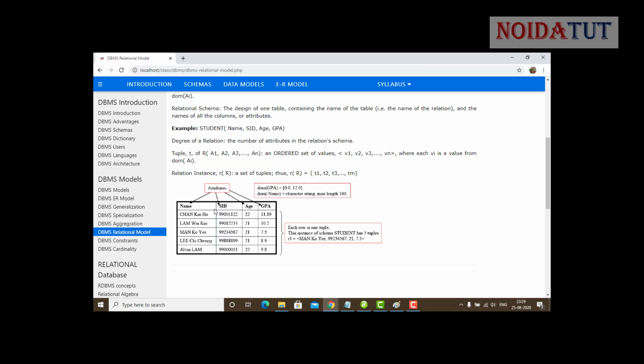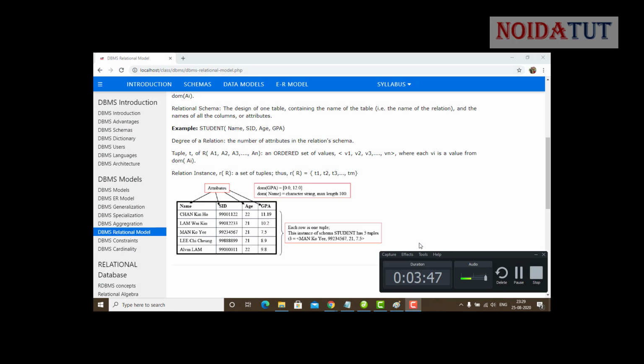So these attributes form a column, and feeding the data comes under the relational model. Whenever we work on any application, we first design a table, design the schema of the database and the tables, and then feed the data. Such a scheme is the relational model when we are working with the tables in the database.